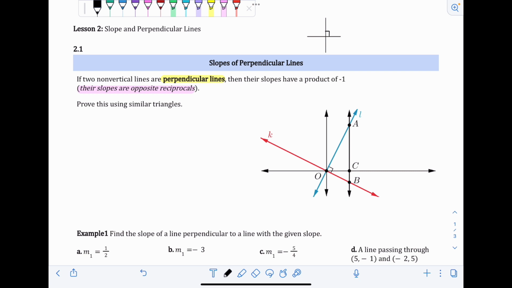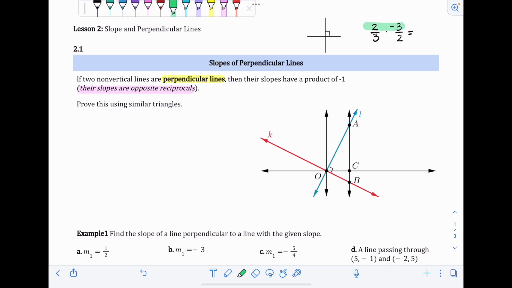are opposite reciprocals. So for example, if I have one line and the slope is 2/3, the opposite reciprocal of 2/3 would be -3/2. A reciprocal is like a fraction flipped upside down. Opposite is referring to the sign, so like the opposite of a positive number would be a negative and vice versa. And if I were to find the product between these two numbers, I could just go ahead and multiply